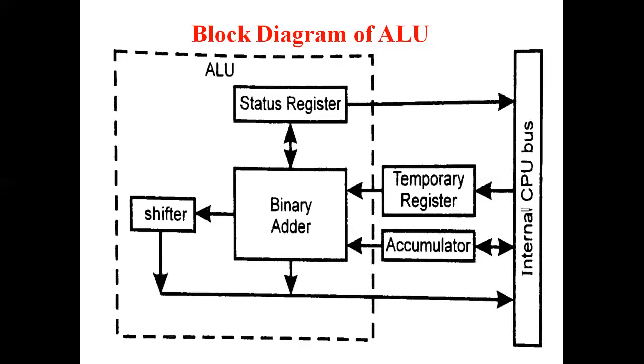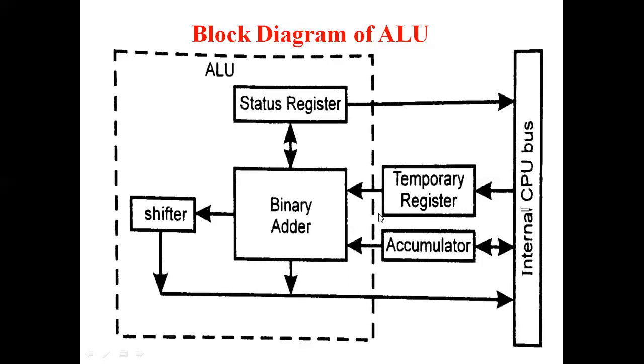A register is a group of flip-flops, and one flip-flop holds one bit of information. I will give you one example. There are 4 bits, example 1010. For the shift register, selecting a direction like left, it will shift 0 to 1, 1 to 0, 0 to 1. Finally the 1 will be the output. So these three registers, shifter, status register and binary adder, are closely associated with the ALU.